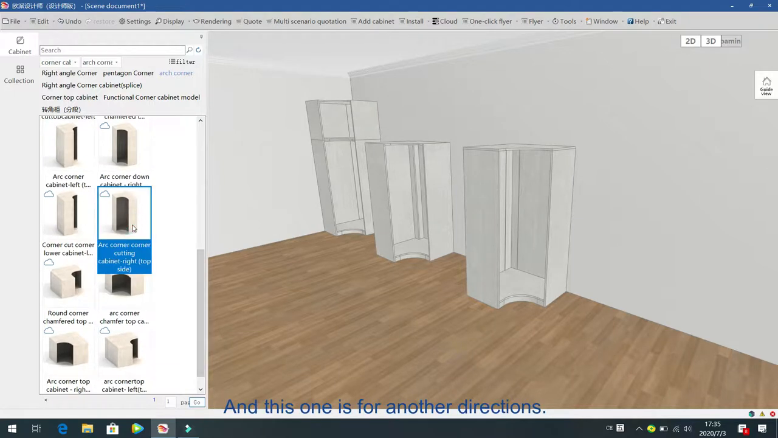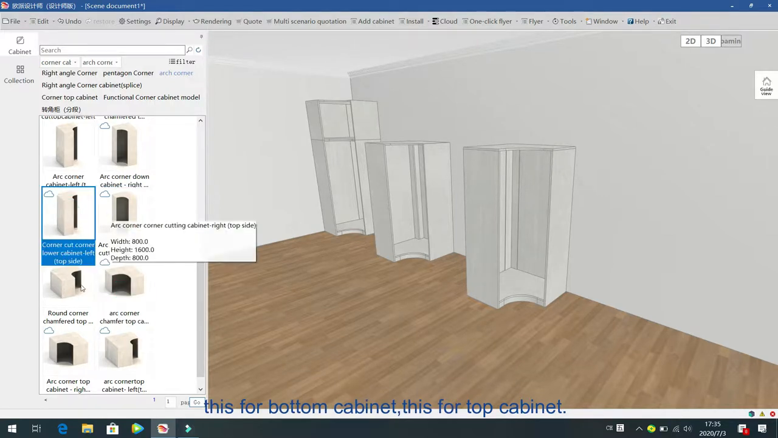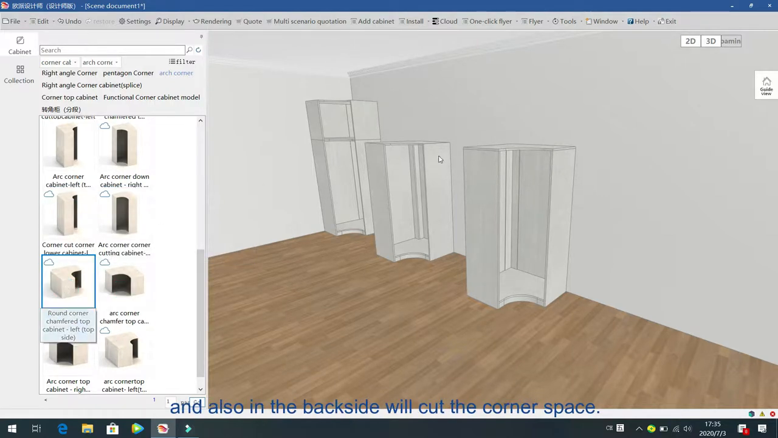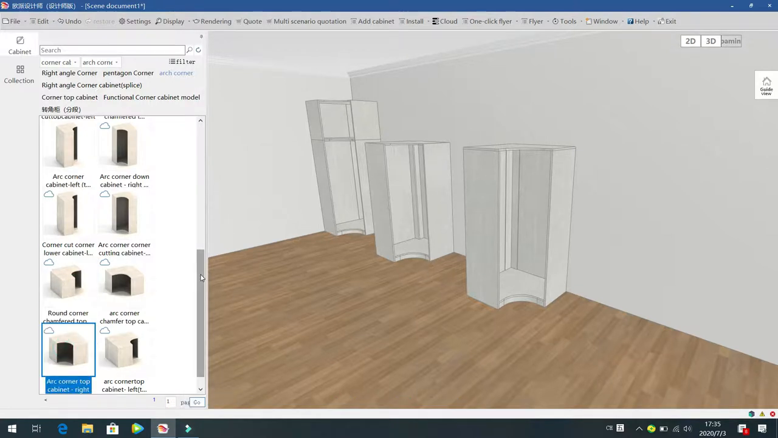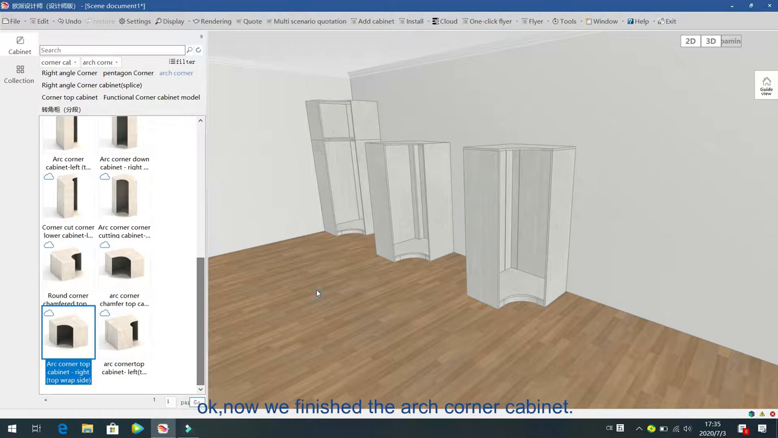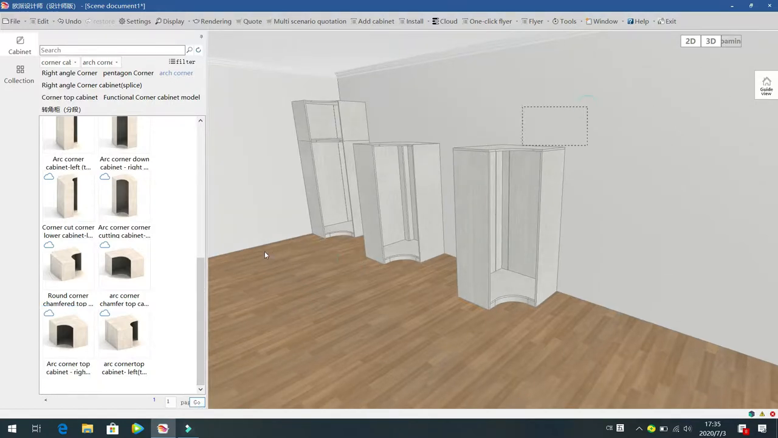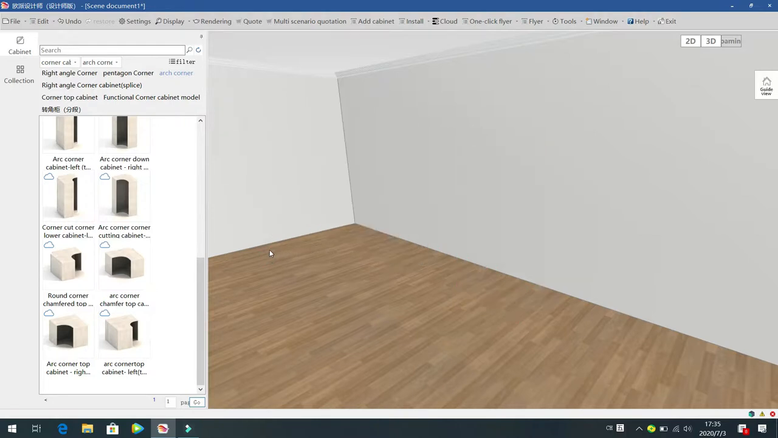And this one is for another direction. This is for the bottom cabinet, this for the top cabinet, this for the bottom cabinet, this for the top cabinet. And also in the back side, we cut the corner space. Okay, now we finish the arch corner cabinet. Next, we learn the